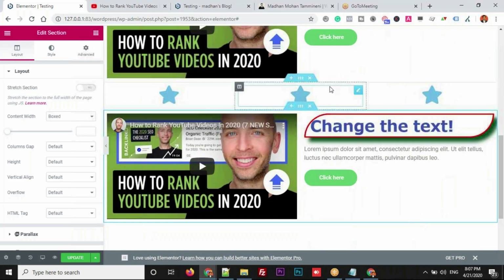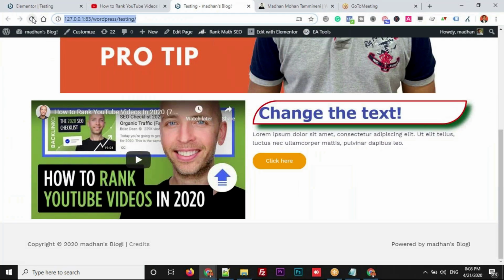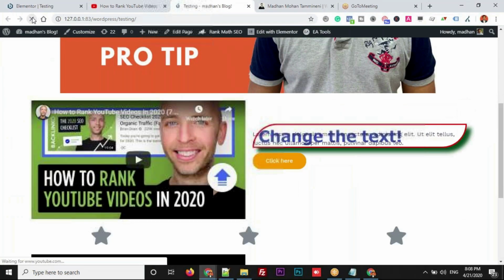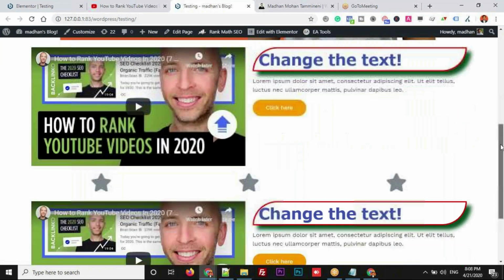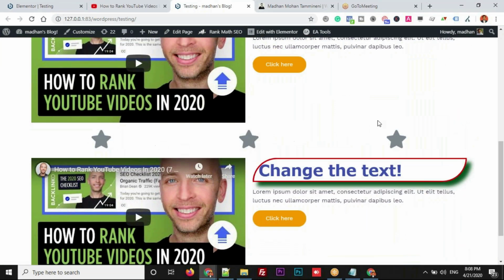Now you can get to know how to use margins and paddings. For example, this is your real-time scenario. Let's say you have created a page this way. Let me update it. If you open the same on the front page, it looks a bit clumsy, one after another. There is no spacing between these two, so it isn't that great. So if this is the case, we start adding spaces between these rows, let me show you.